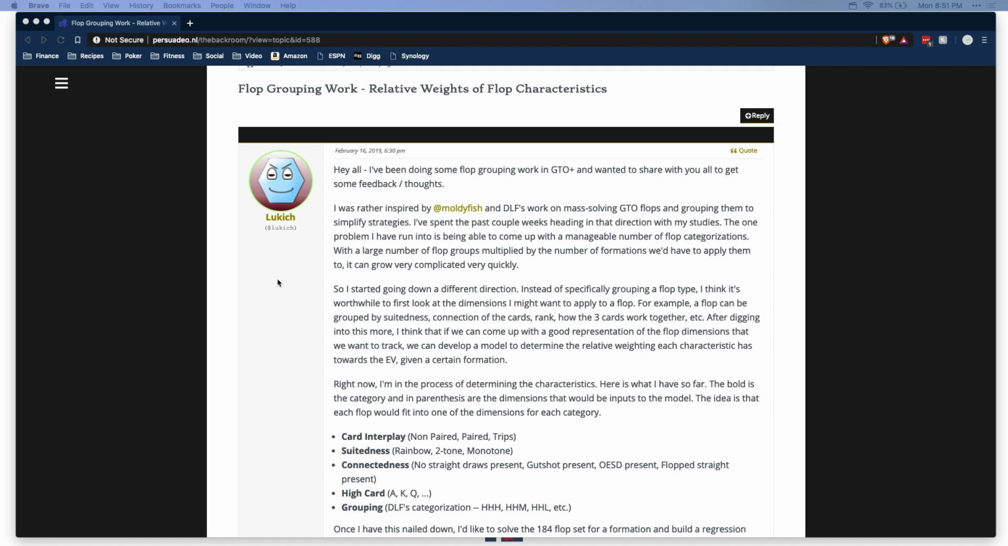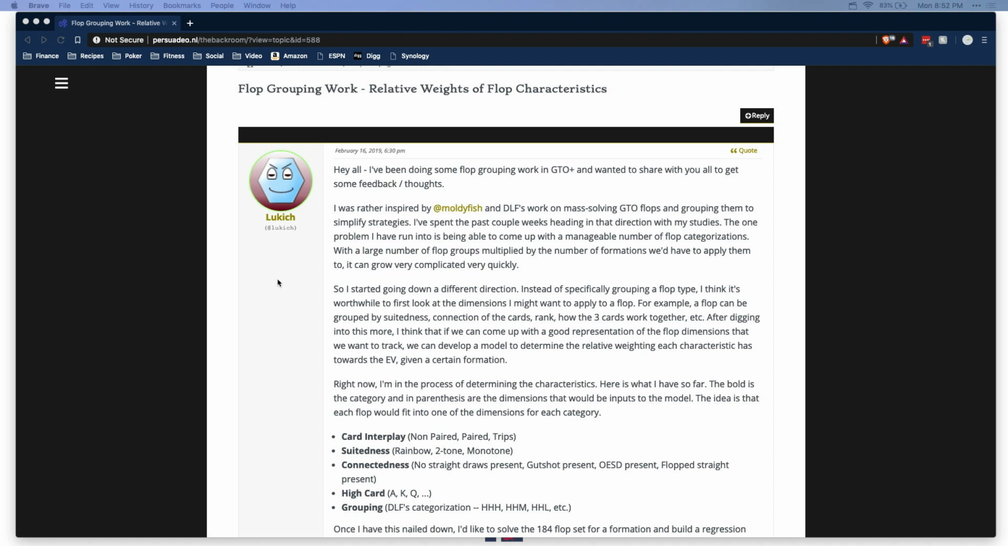I wanted to share with everyone a little bit of work that I've been doing recently in exploring different properties of flops. As I look to group different flops and get a better sense for how my range should be interacting with my opponent's range in different formations, I wanted to take a lot of the work that has already been done in the forums by Moldyfish and by DLF on mass solving flops within GTO Plus,